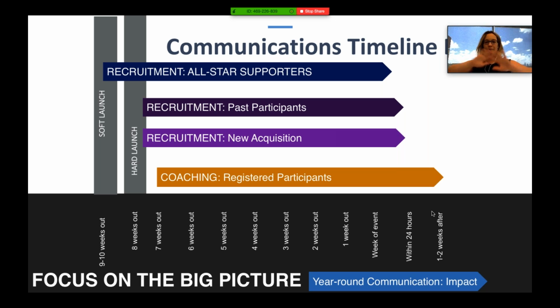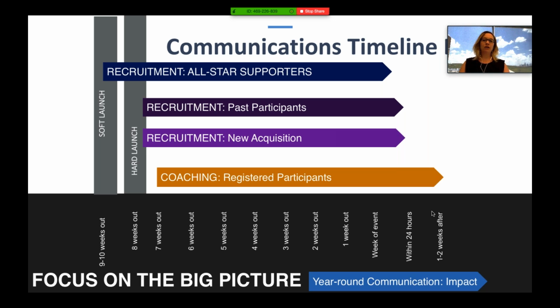So not blasting it out to the world that registration is open, but blasting it out to your true fans and potentially your sneezers at that point. And that gives you an opportunity to have some of your all-stars start to fundraise, even if you've got a new system this year versus last year, or maybe it's a brand new event for you and you've never done this before, and you want to give a little bit of time to get some of the kinks worked out and to also get your fundraising thermometers up,